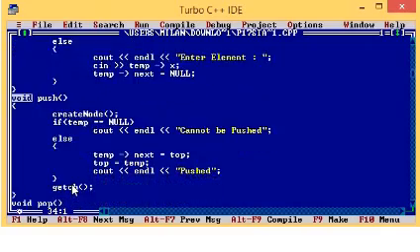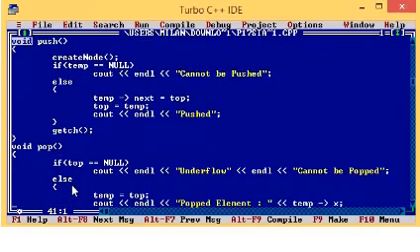Now what are the main operations on the stack as we are discussing? Push and pop. What do you mean by push? Push is insertion at the top of the stack. So top is a location where we are inserting. What do you want to insert? First you have to prepare a node for that, right?